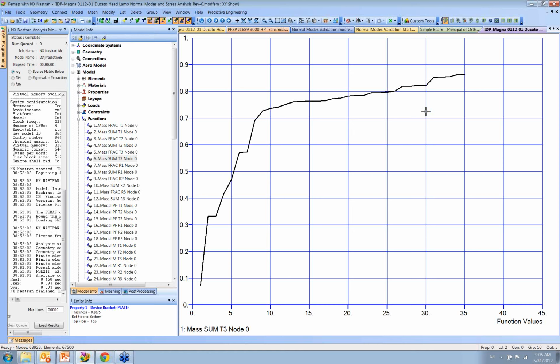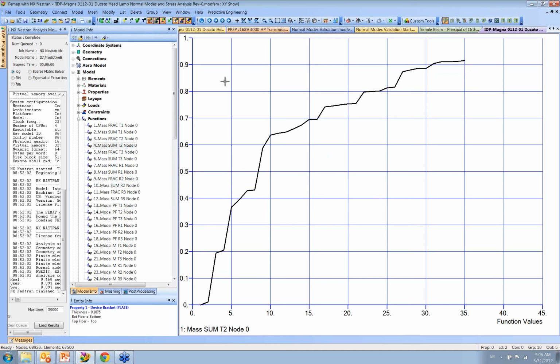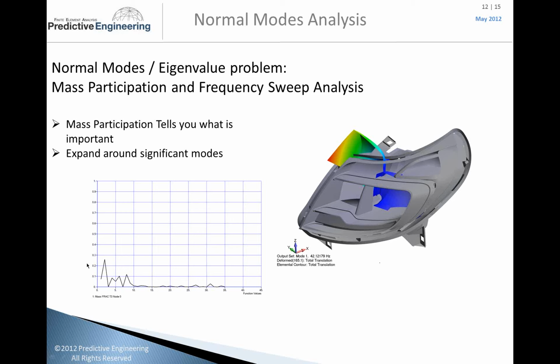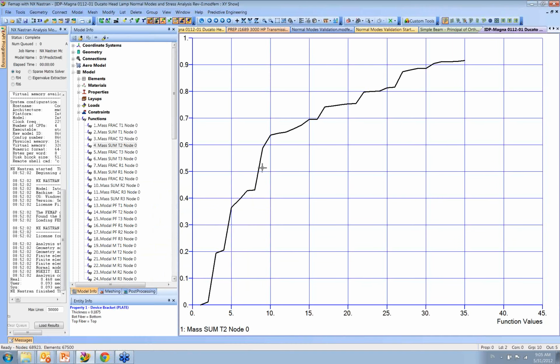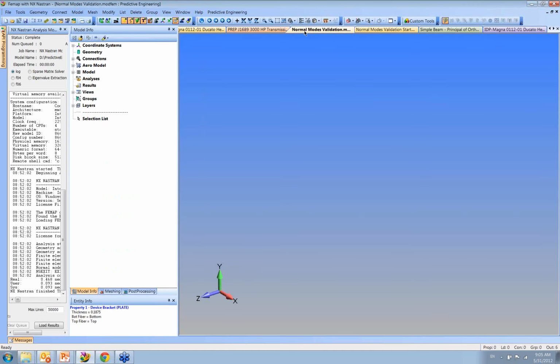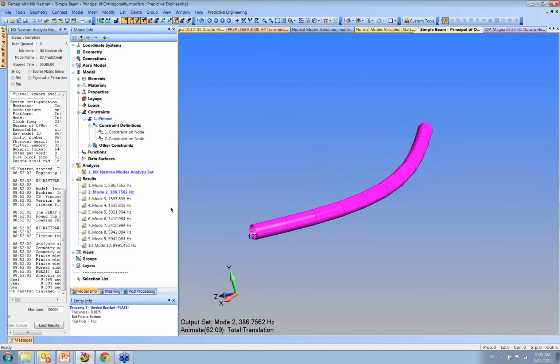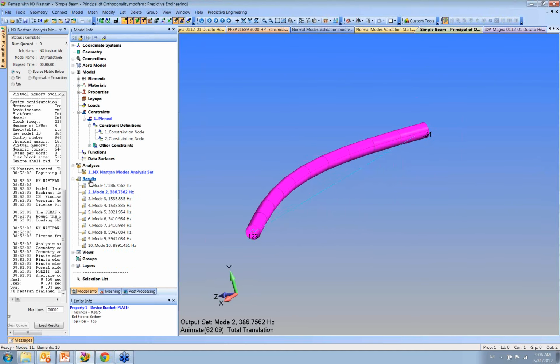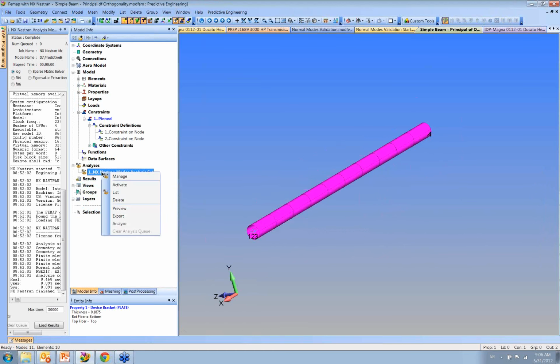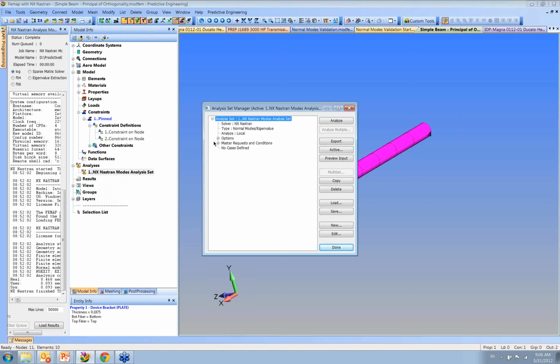And that's actually an ASCE, American Society of Civil Engineers, code for doing earthquake analysis: you're going to have 90% of the mass of the structure in the analysis. And likewise, you can do the same for the other modes. This model here can be a little deceiving on the mass fraction, so I want to step back and go back to our simple beam, the principle orthogonality model that we just ran. We didn't ask for anything on mass participation, so now let's go back in and request it.